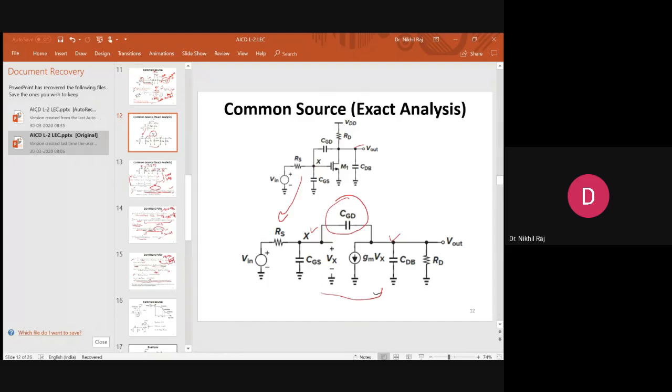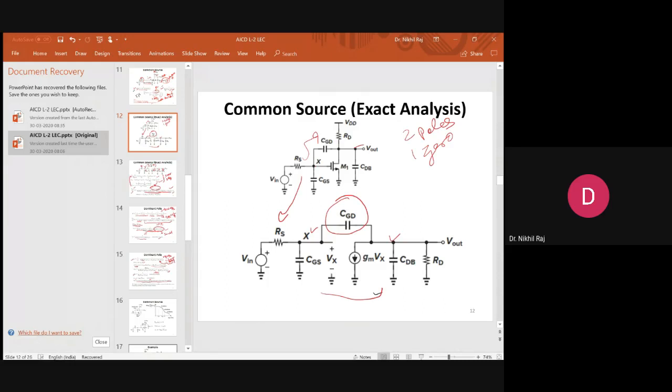The number of capacitors will introduce the number of poles. So from the figure, I will say there are two poles. Second, if there is any feed forward path from input to the output, there will be a zero. The number of feed forward paths will introduce the number of zeros. Now, the location of poles will mostly be in the left half.